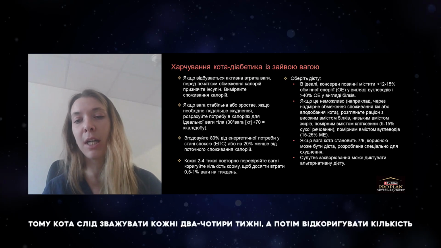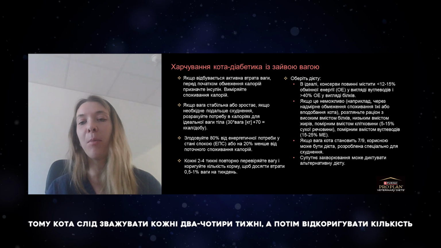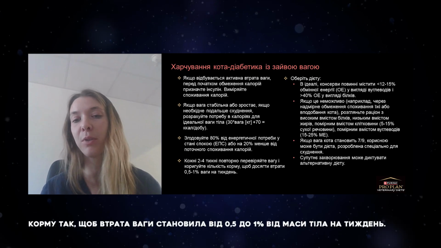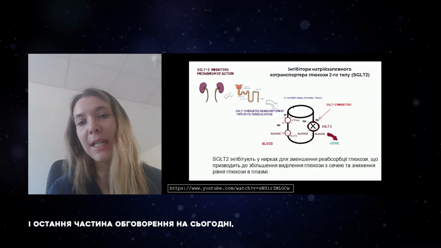So the cat should be on a scale every 2 to 4 weeks. And then the amount fed should be adjusted so that you have a weight loss of 0.5 to 1% body weight per week. And so last part of treatment discussion for today,